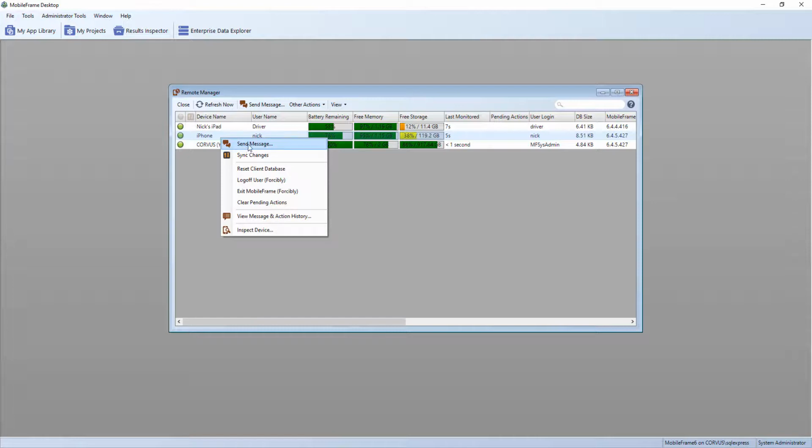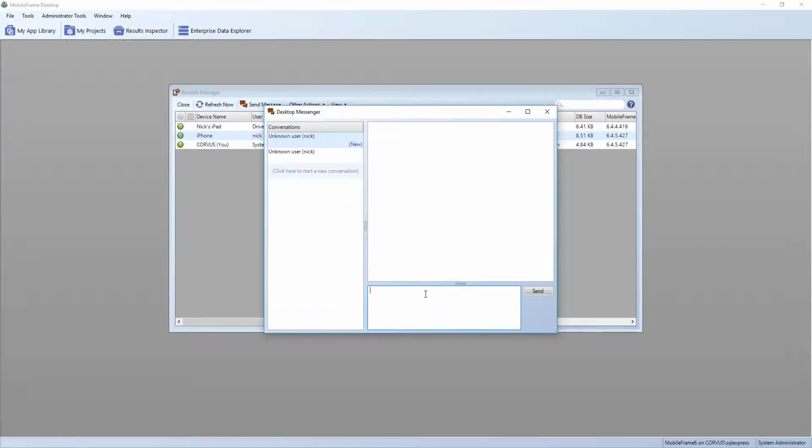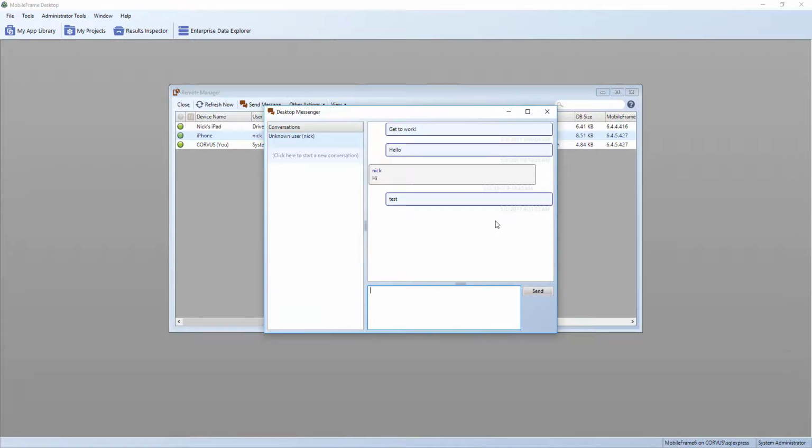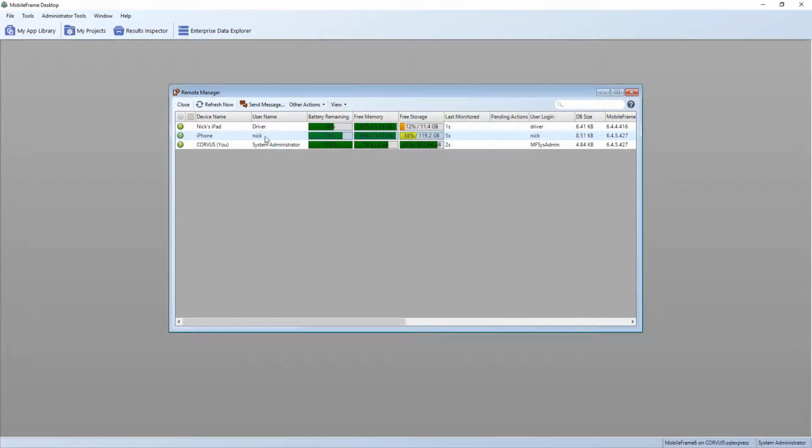So I can send this person an instant message, and that'll pop up on their mobile device. And once they've received that on their mobile device, they can then reply back. And the nice thing is that there's a log file associated with it as well. So I went ahead and replied back from my iPhone, and then there you go. Okay, so that's our Sarbanes-Oxley compliant instant messaging option, which actually can be programmatic from within an application, and the